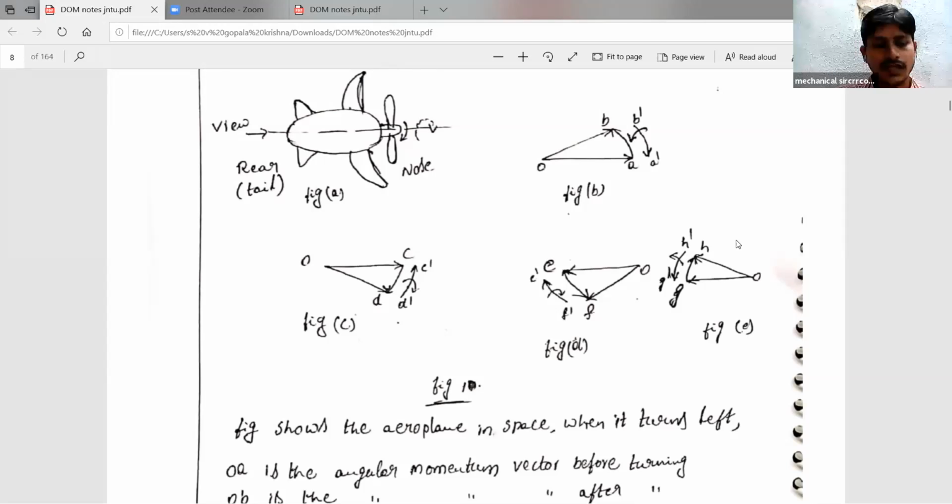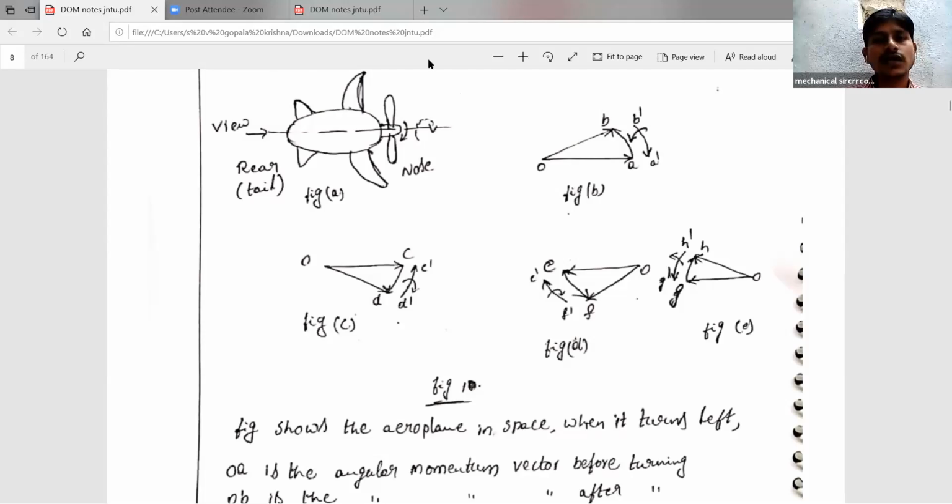All of you observe that. Again, we may also draw a rough diagram of the aeroplane. The conditions are, first, the propeller rotates in the clockwise direction. The direction of rotation is clockwise when viewing from the rear, and the plane takes a turn to the left side. And the effect of gyroscopic couple is...